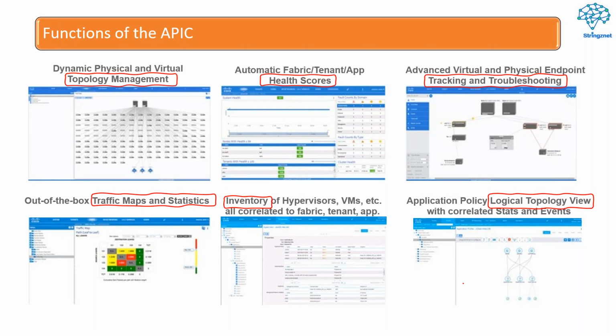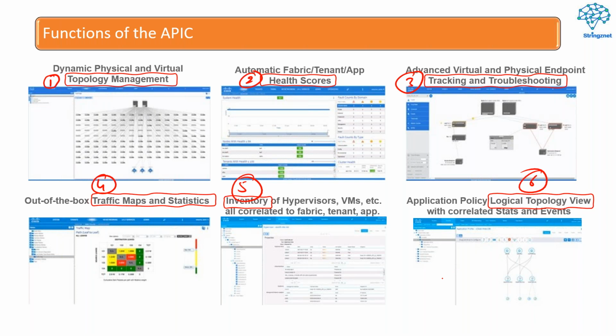APIC is what? Number one, APIC is a controller, a topology management controller, which provides us a health score, helps us with tracking and troubleshooting, traffic maps and statistics, provides us inventory, and provides us a logical view, as I said.